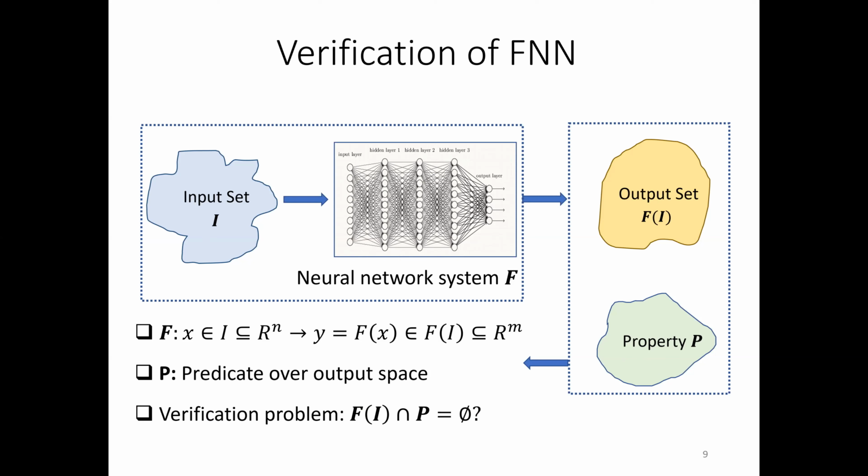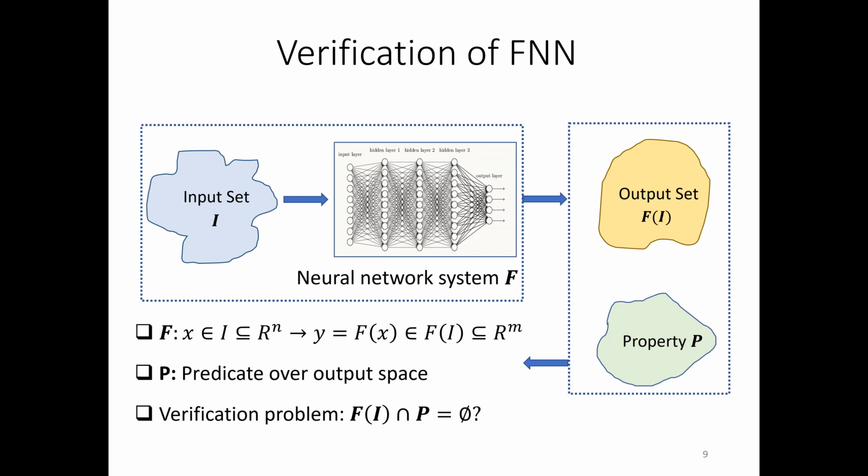So if the output set intersects with property P, you say the network satisfies the property P, and you can assign some specific input that gives you the fact that the output of the network satisfies the property P. Okay. And if the output set does not reach the property P,